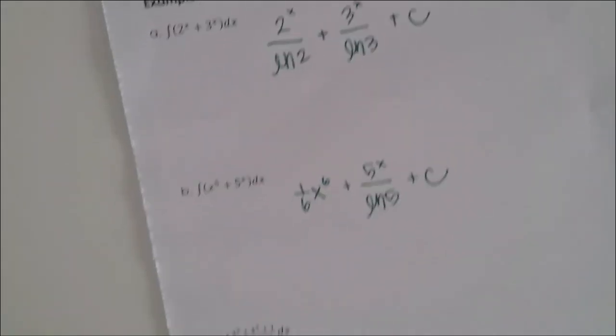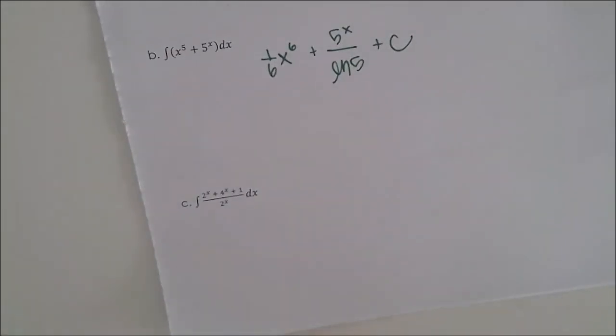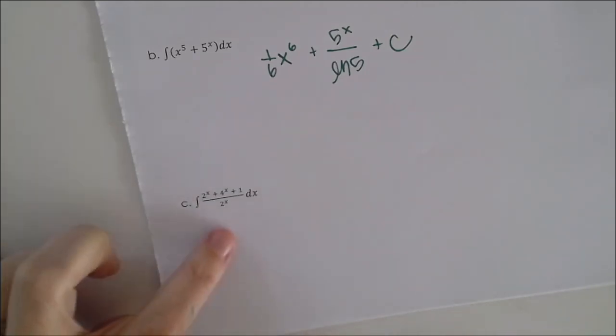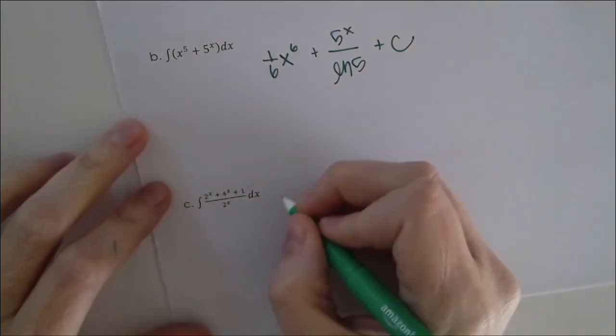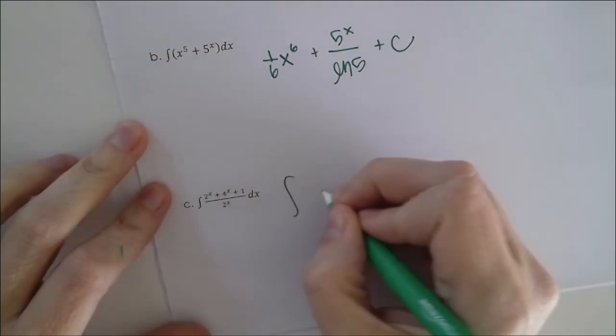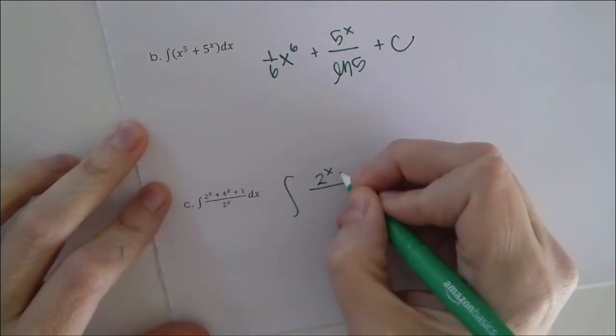Next one is a little bit more hidden. We have 2 to the power of x plus 4 to the power of x plus 1, all divided by 2 to the power of x. Now here, I can do a little bit of simplifying to make my life easier. Each of these can be divided by 2 to the power of x. If I do a little bit of manipulation on the numerator, we've got 2 to the power of x plus